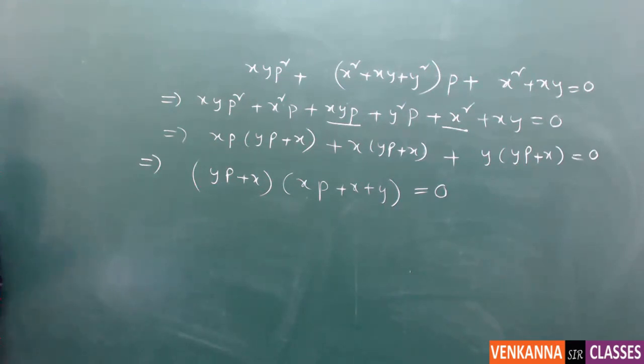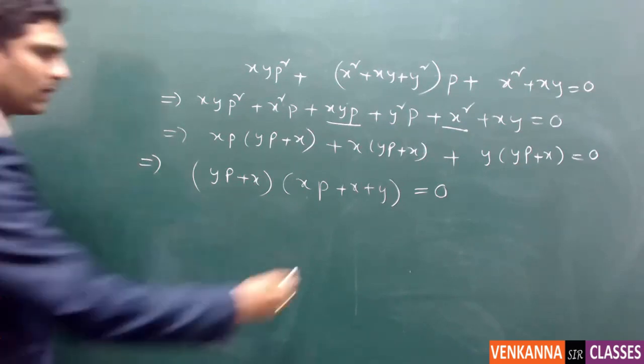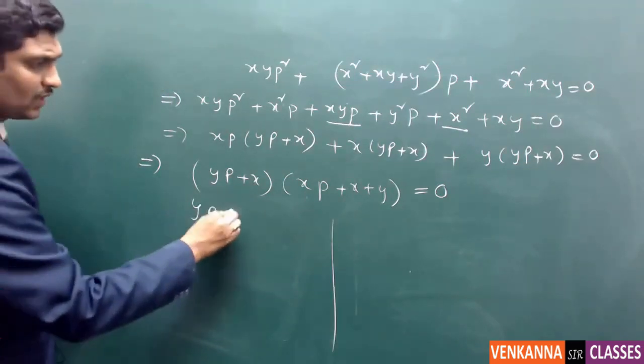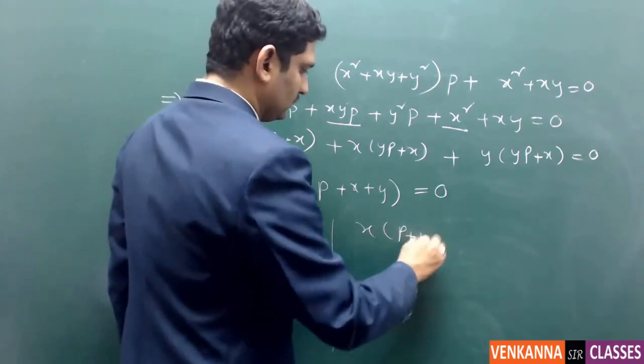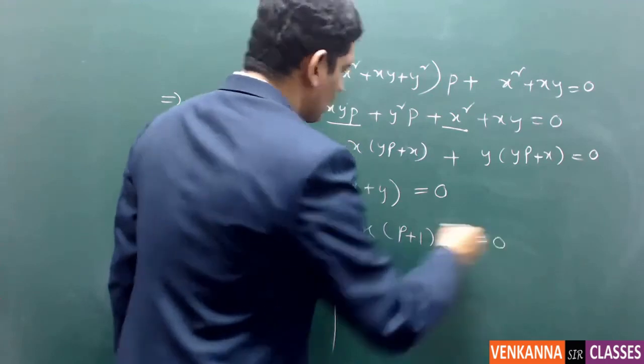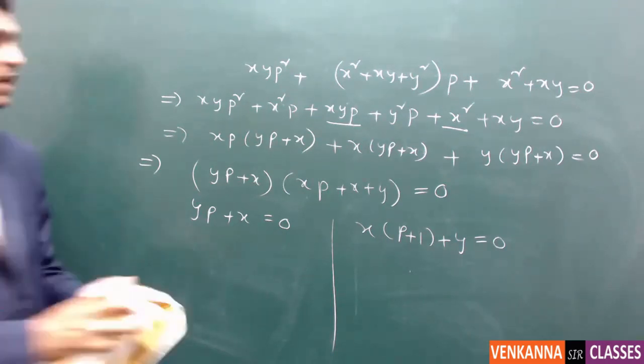Yes, yp plus x into xp plus x plus y. That is also right, what you have written. So taking each factor individually, from this we have yp plus x equal to 0, or xp plus x plus y equal to 0, whichever way you write. Right? So if we stick to the previous thing,